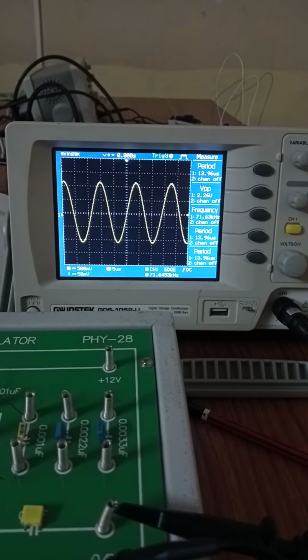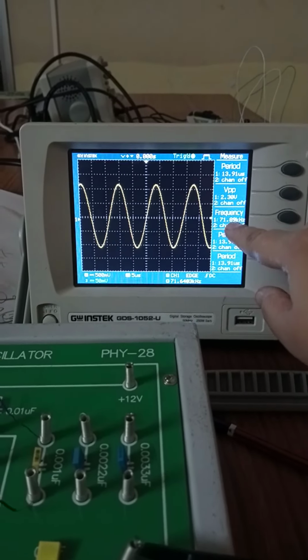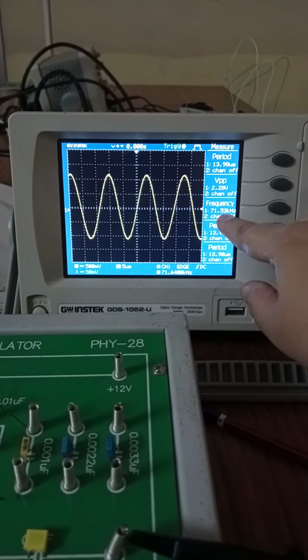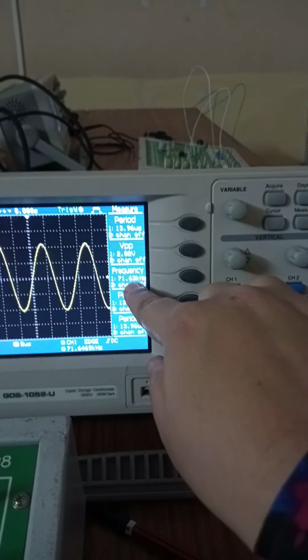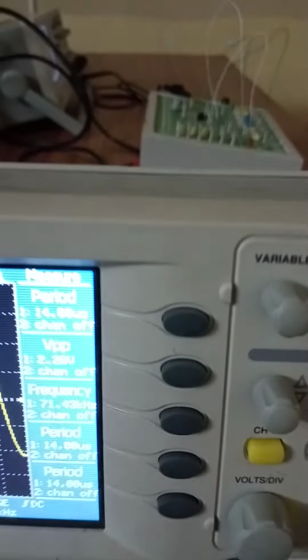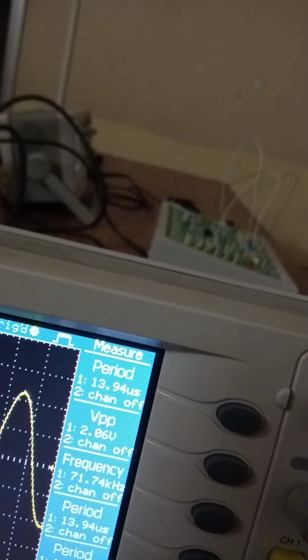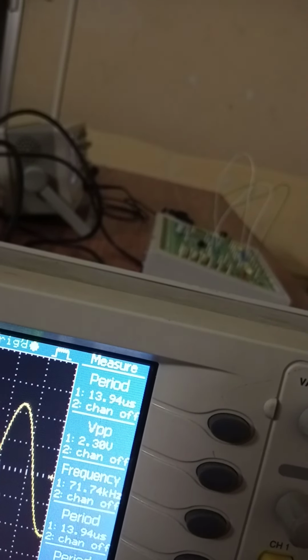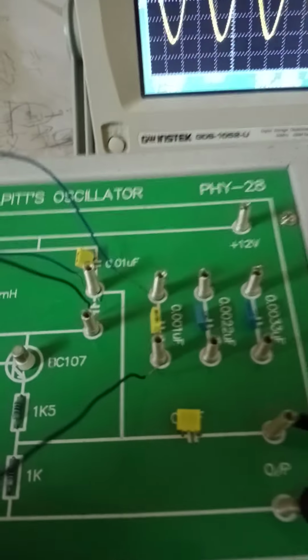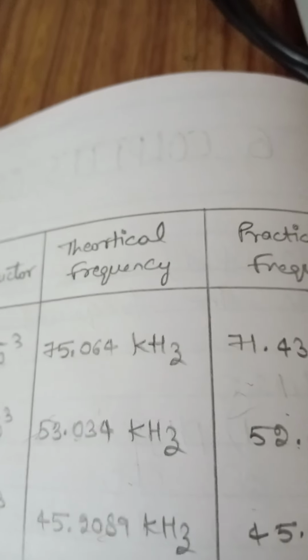Now what is the frequency? We got the practical frequency as 71.74 kilohertz by connecting the first capacitor, and the theoretical frequency we got is 75. So approximately it is nearby.